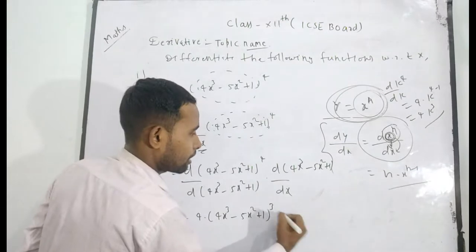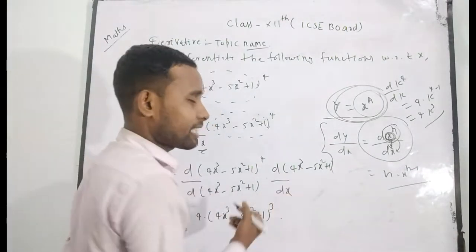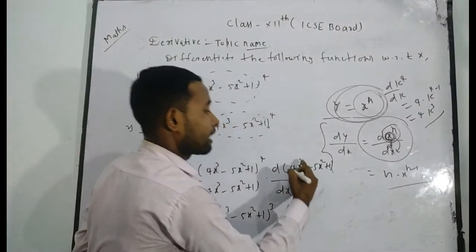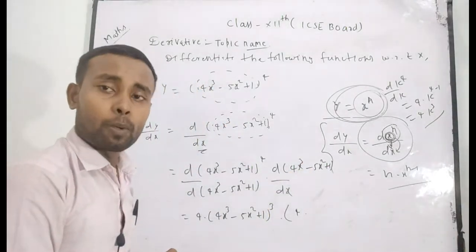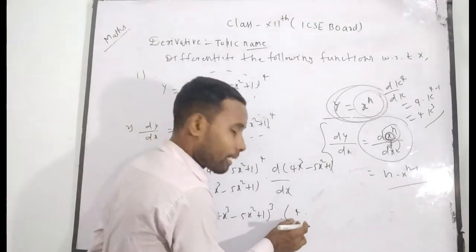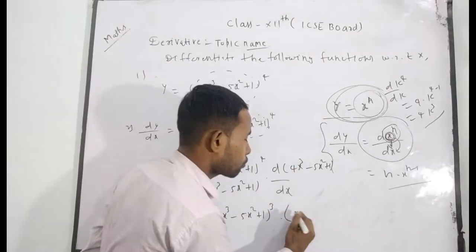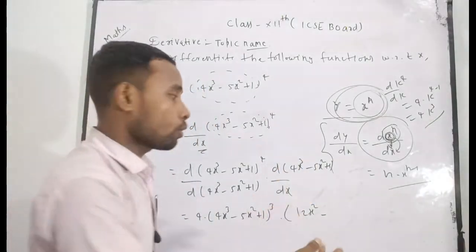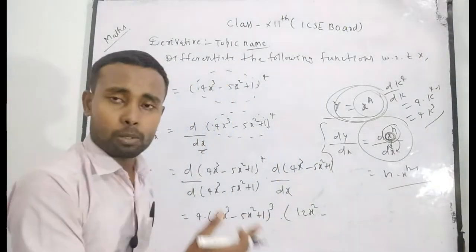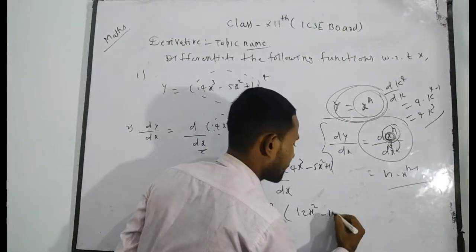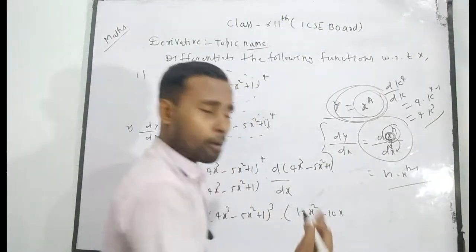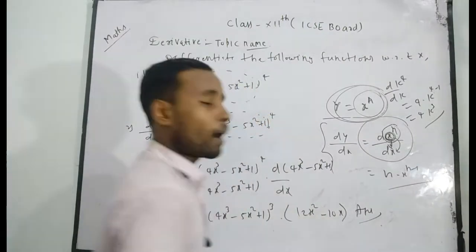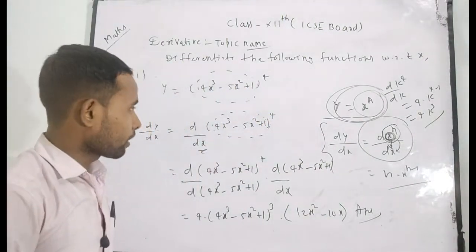Now you have to differentiate it with respect to x. As you know, 4 is a constant, so you can take it out, and the derivative of x to the power 3 will be 3x square. Now you have to multiply 4 into 3x square, so it will be 12x square. Minus, here 5x square: the derivative of x square will be 2x, and minus 5 into 2 will be 10x, plus 1. The derivative of 1 will be 0, so you can leave it. And this is your required answer of this problem. I think you understand very well.